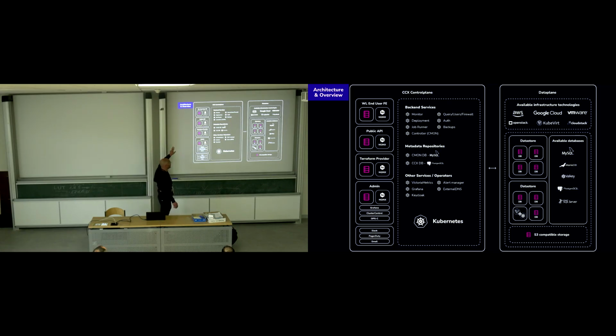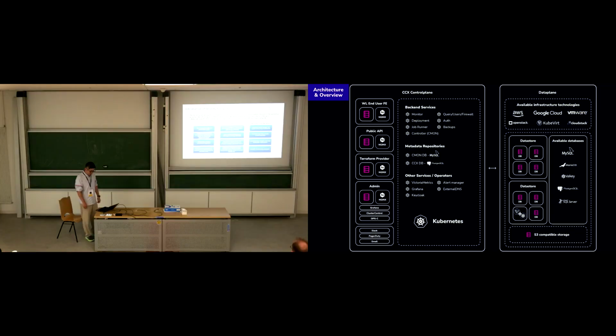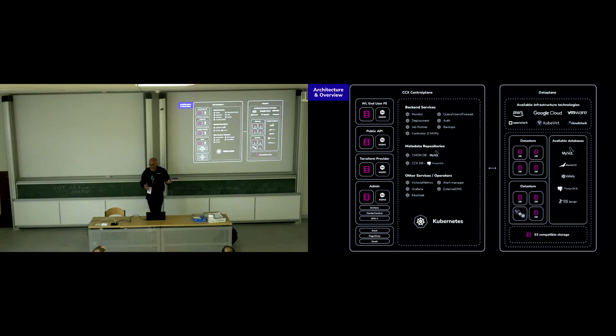Right? So we have a web UI, we have a Terraform provider, and also a public API. So any way you choose, you can go into, for example, the Terraform provider, and you would set that you want to have a data store of type Postgres, 2 nodes, on this instance type, and then you would do Terraform apply,